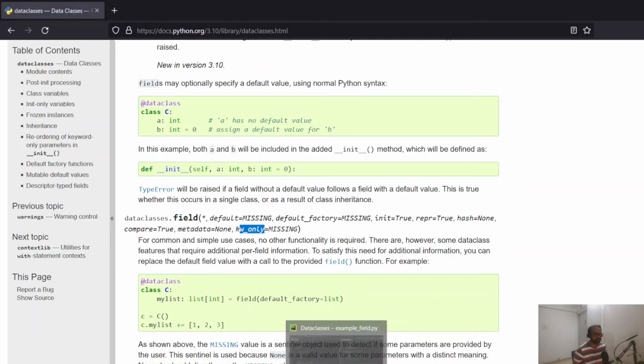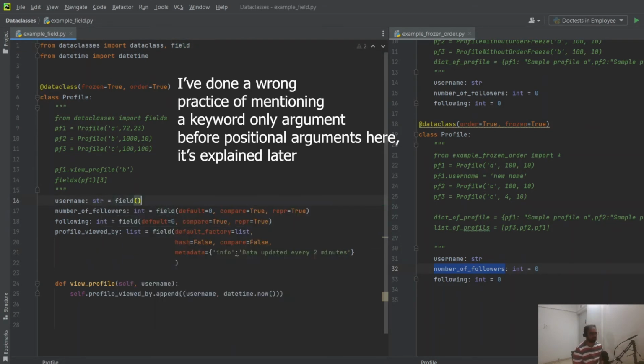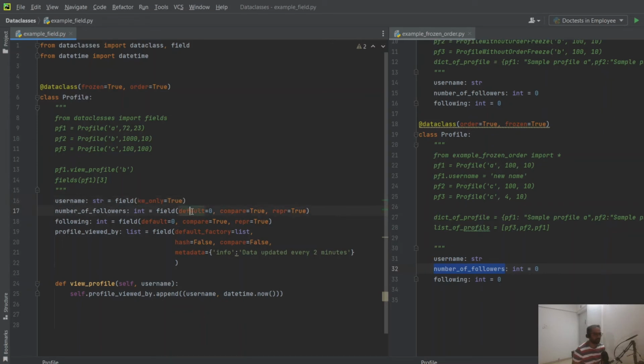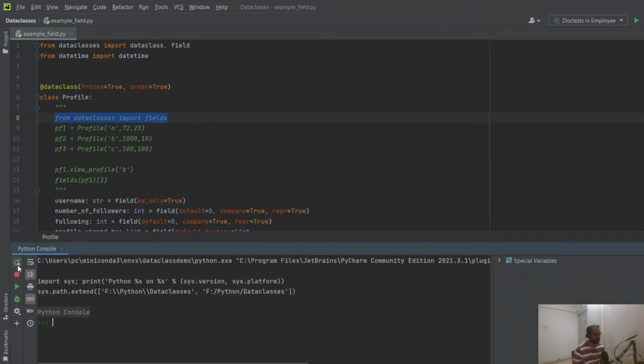So if I set this number of followers, so let's just set this field is equal to keyword only is equal to true. And just worth pointing out that you can only supply a default or default factory, one of the two. You cannot supply both of them together. That's just not allowed. That is something to keep in mind. What I'll do is I'm firstly going to close this because it's no use to us, and let's jump to the console. We restart it,